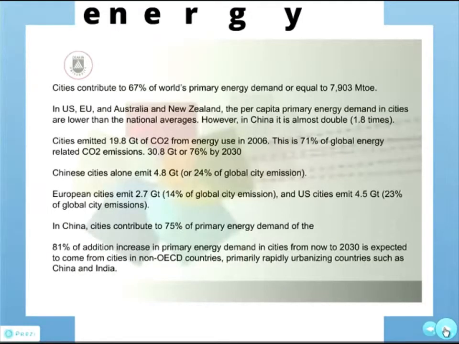And here are some figures for you of how we are using energy. Some of these figures are quite interesting. There are a couple of typo mistakes on this slide, so my apologies for those. But you can see that our contribution to primary energy demand through cities is huge, 67%. And of course the population living in cities has now exceeded the population living in rural areas. So this has dramatically increased.